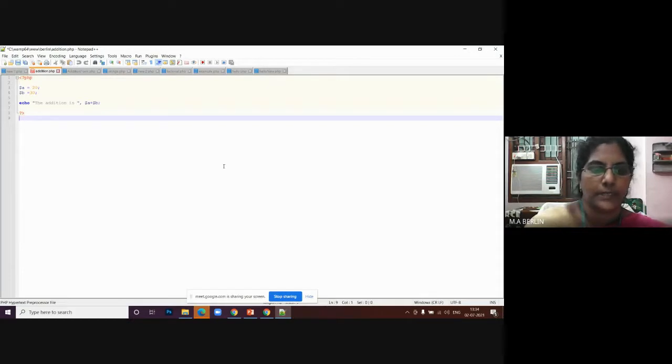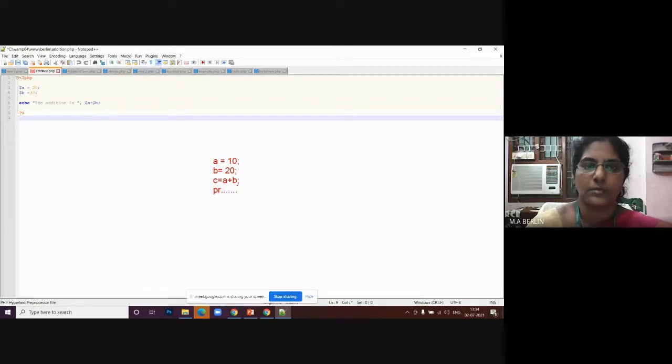You know that normally in C or C++, we write A equal to 10 and B equal to 20, then we write C equal to A plus B, and then we give the printf statement.